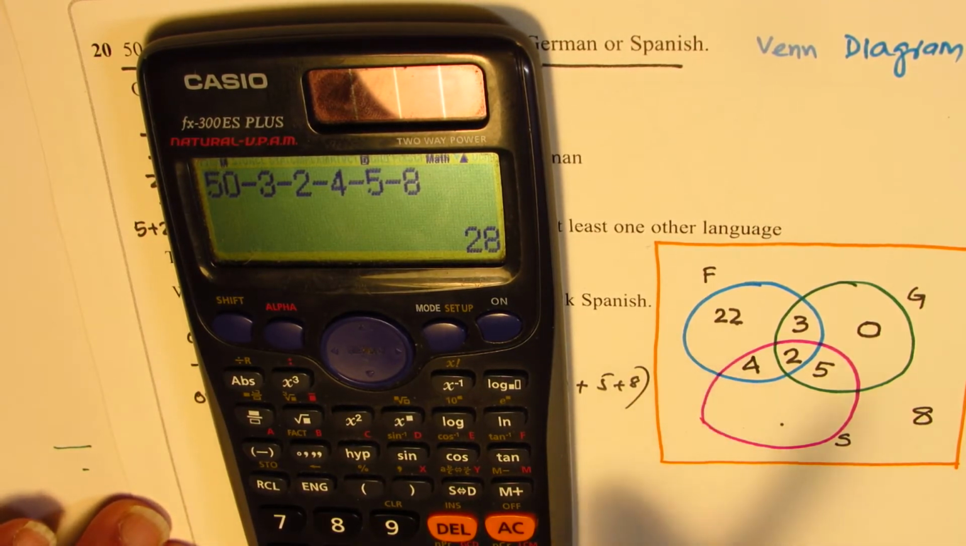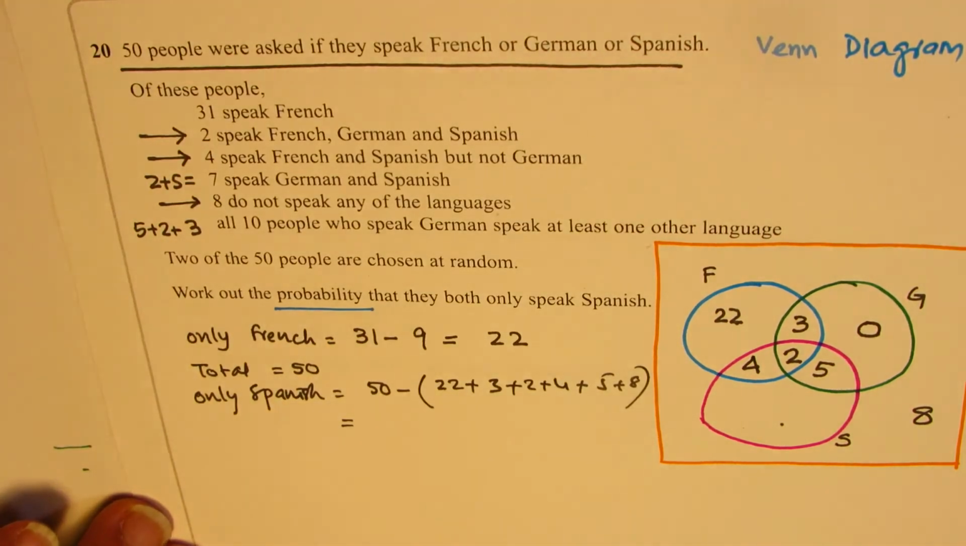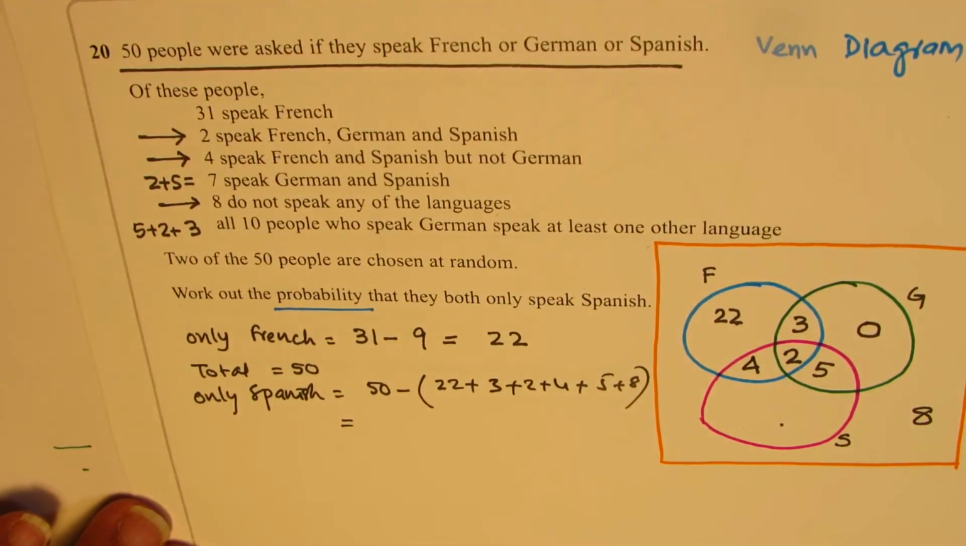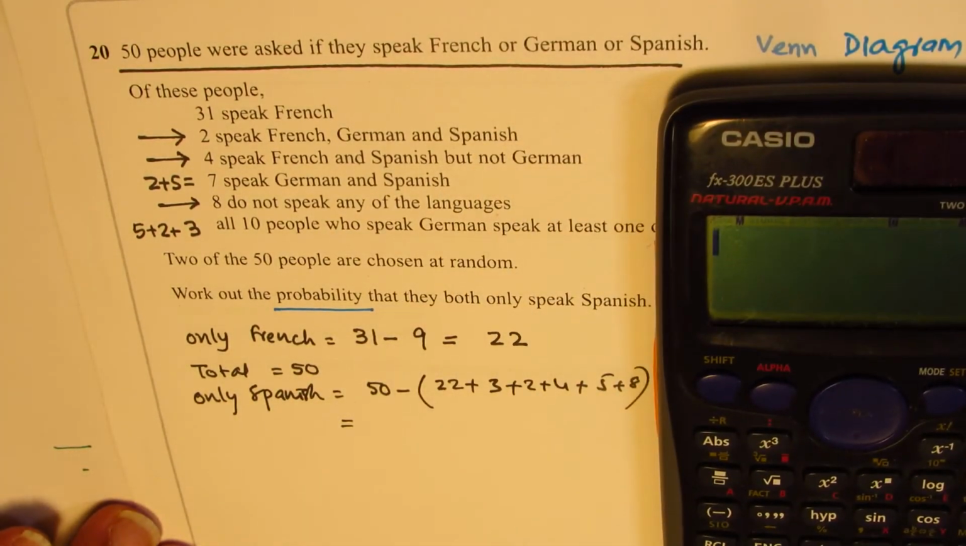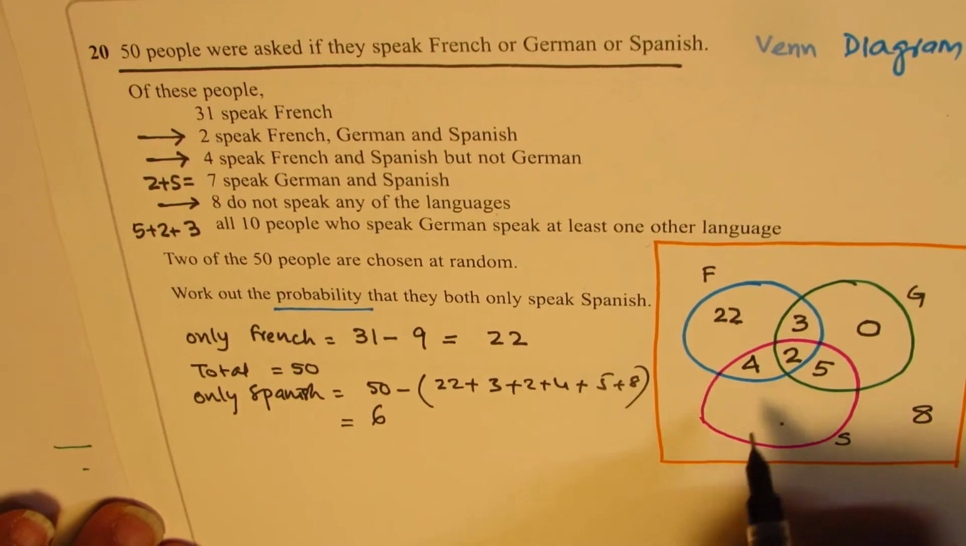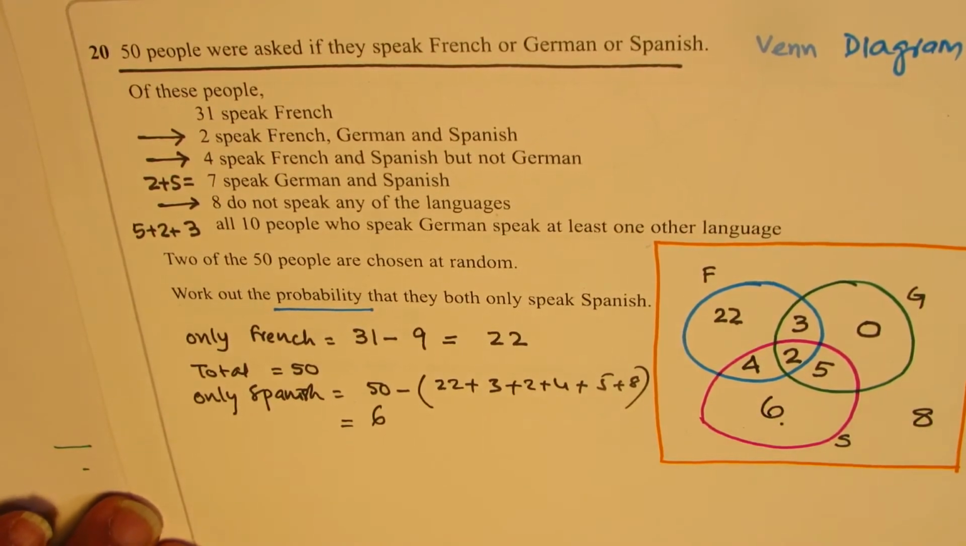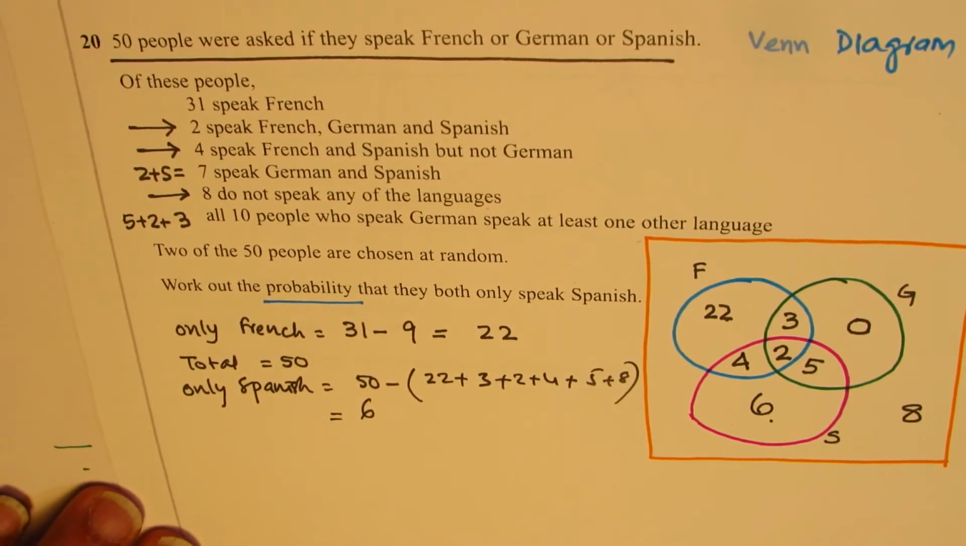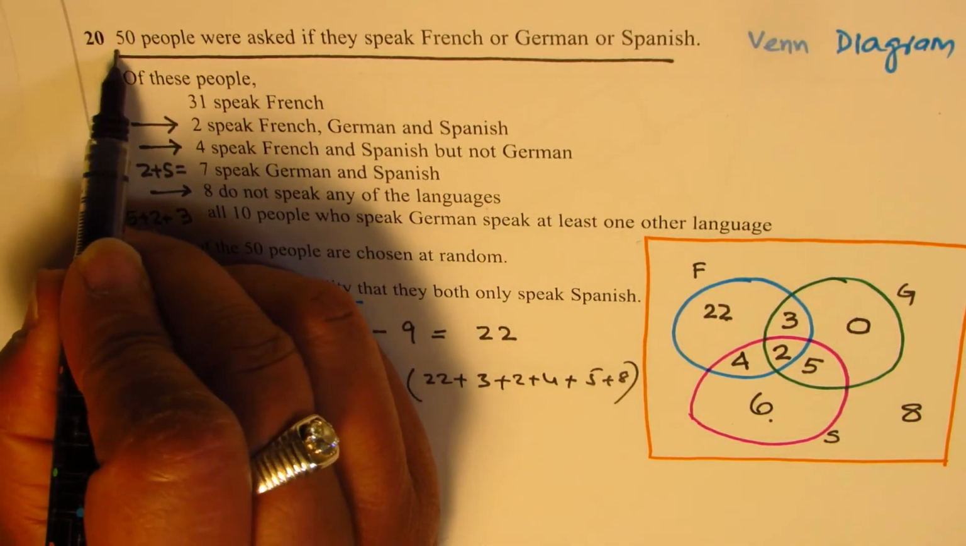Is not 2, is 22. Well, to get this number, we'll do 50, take away 22. So let's do it. So we have 50, take away 22, take away 3, take away 2, take away 4, take away 5, and take away 8. Which is 6. So we get this number as 6. So this number is 6 for us, right? So that's how we'll complete our Venn diagram. Okay, so